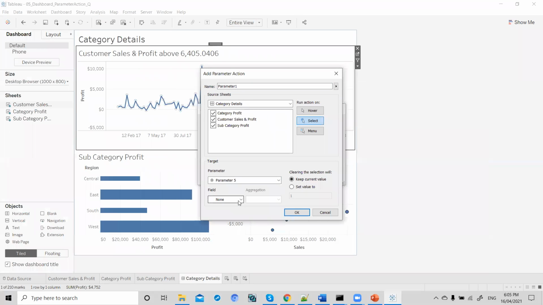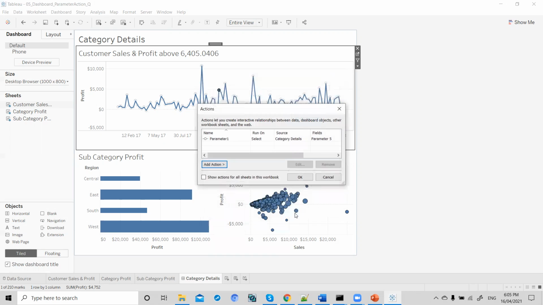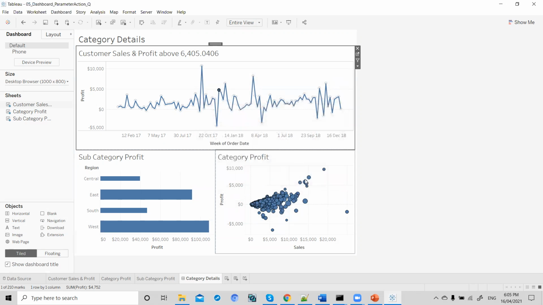So my parameter is parameter 5. My field is on the basis of total sum of profit. So when I click on all my sheets, and click OK, then